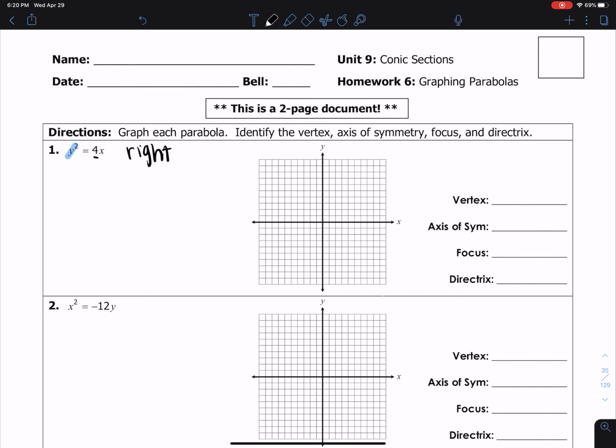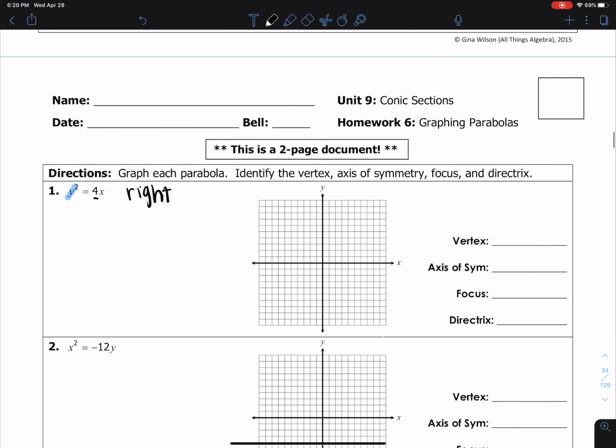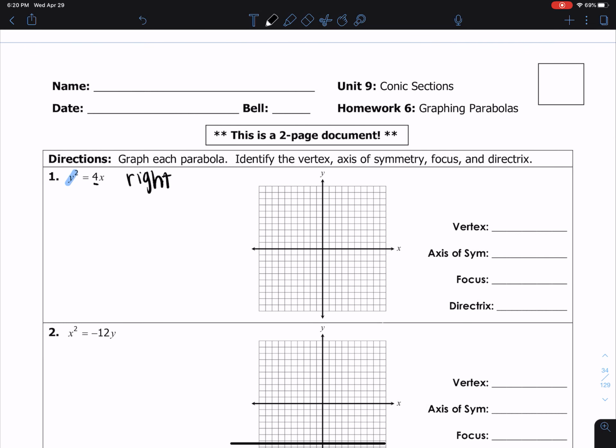And one thing I do want to include before we jump into this is we talked about parabolas when we talked about quadratics. And I know that the question came up like, oh, can you have a quadratic that goes this way? And the answer is no, because it doesn't pass the vertical line test. So we can't have a quadratic function